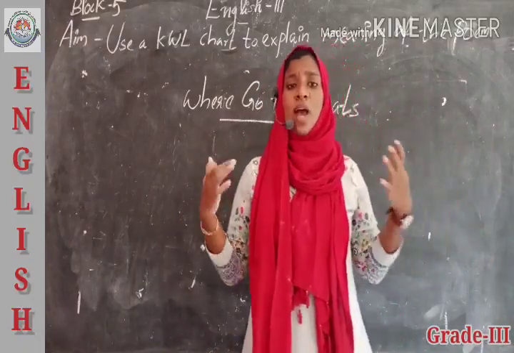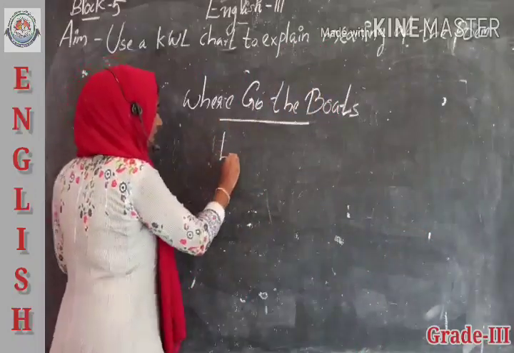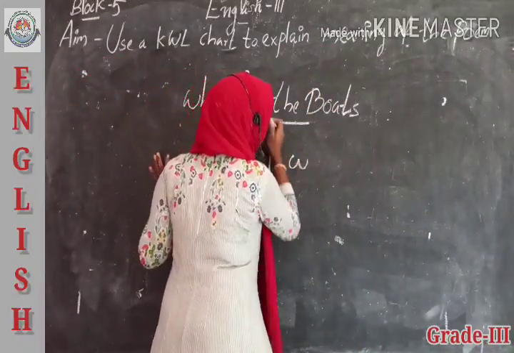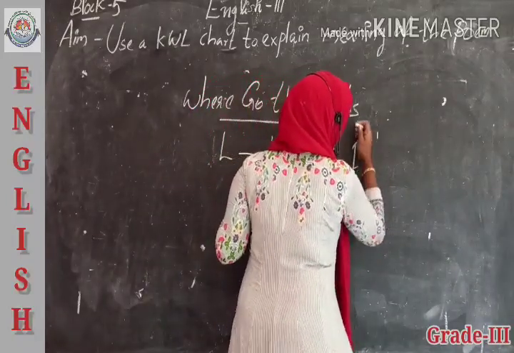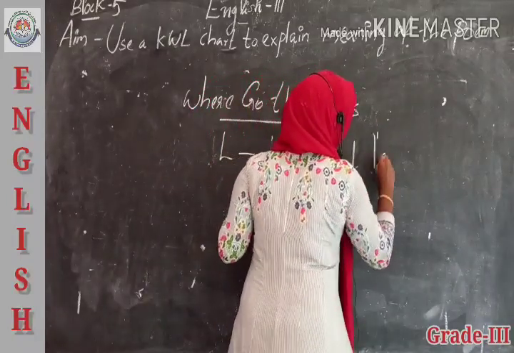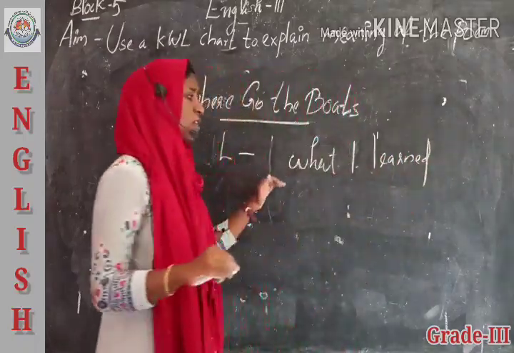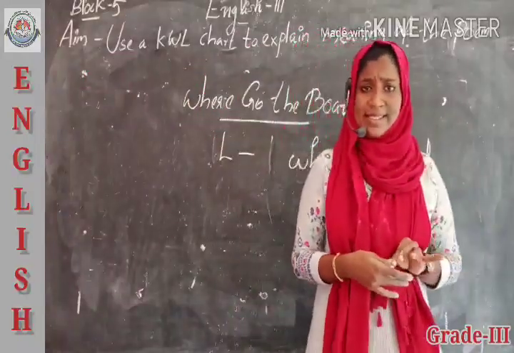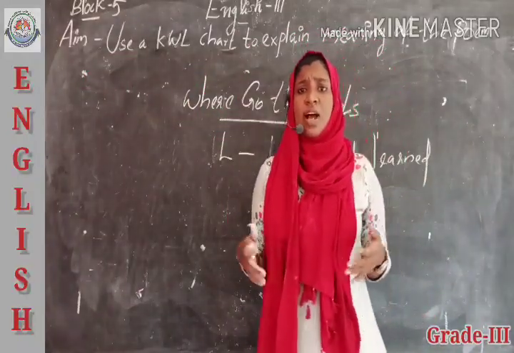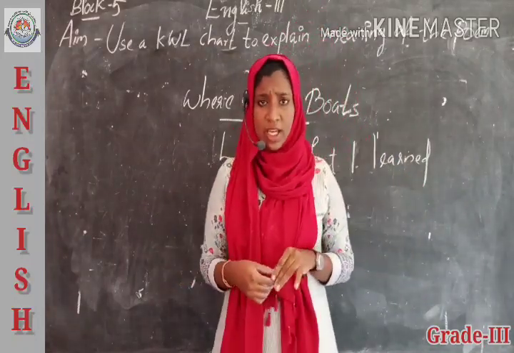So these things you have to write. The final column, which is our final column? Yes, the L column. What? I learned. Yes, in the final column you can write a small summary of this poem. Is it clear? So, after completing your final column, you can send it to me, okay?